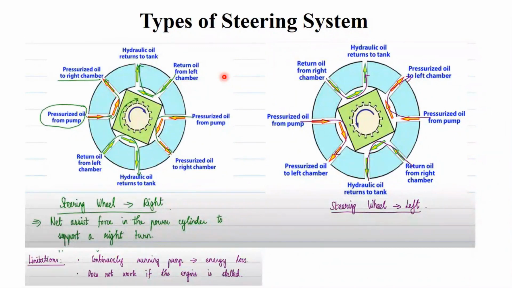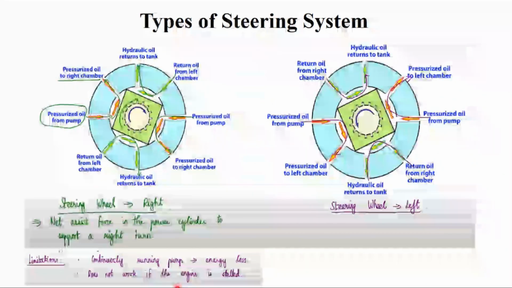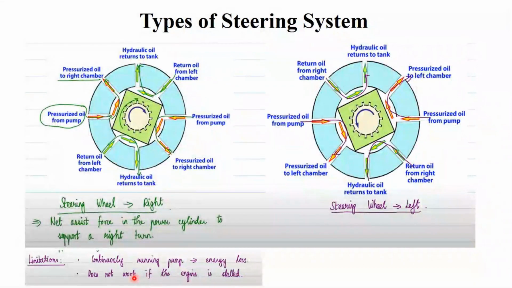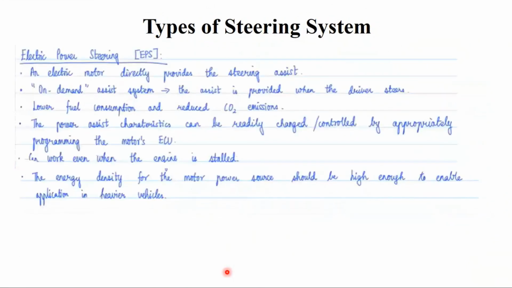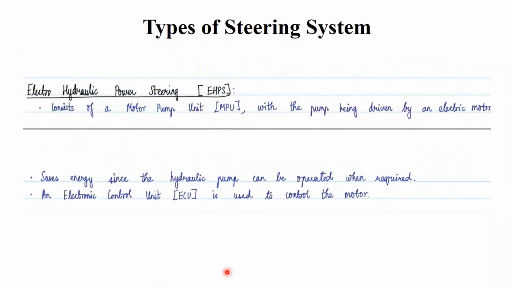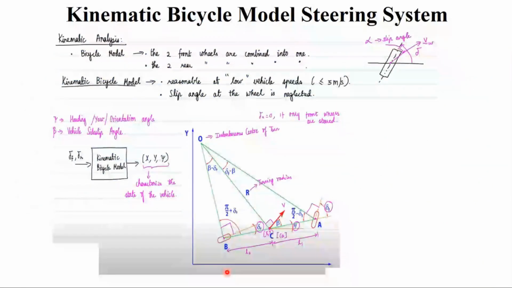And we have seen the disadvantages also, because energy loss is going to happen in the case of hydraulic, and it will not work when the engine is stalled. So to overcome that, we are going with the electric power assisted steering. And we have seen the bicycle model governing equation,